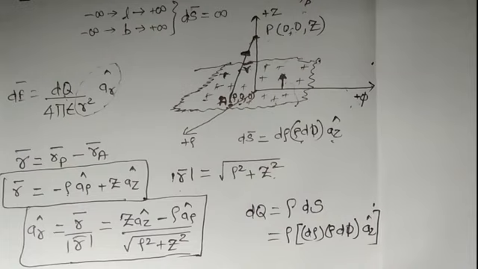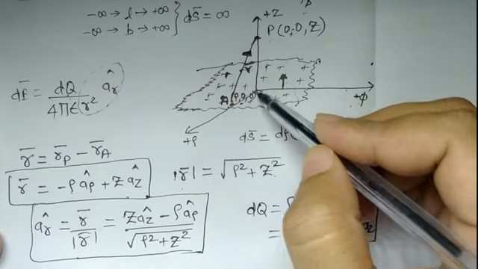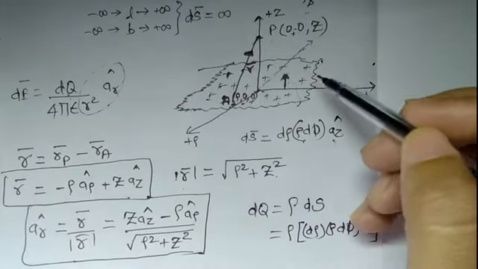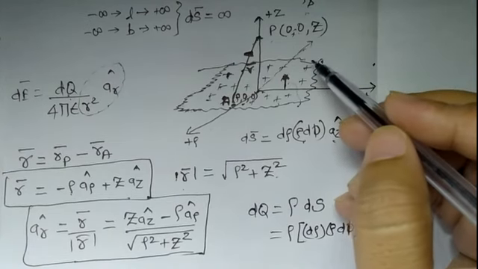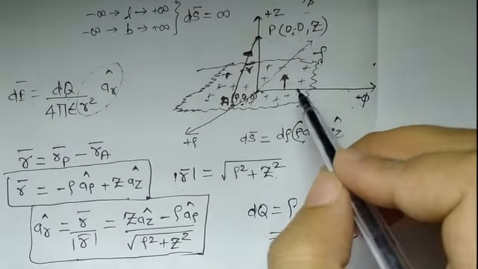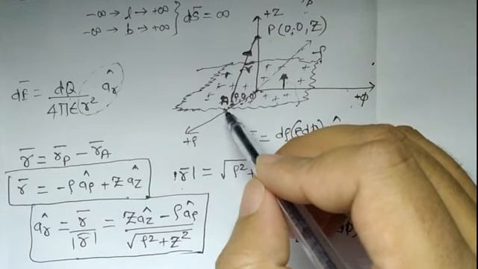But before doing so, I want to introduce one more concept, and that is the symmetric charge distribution. Now what do you mean by symmetric charge distribution? Considering this figure, suppose I extend this rho axis in the opposite direction. This will be your minus rho direction. And now at a distance of rho, I am considering a point A.